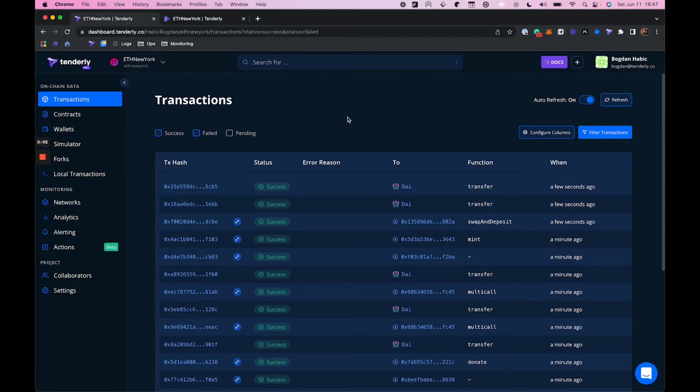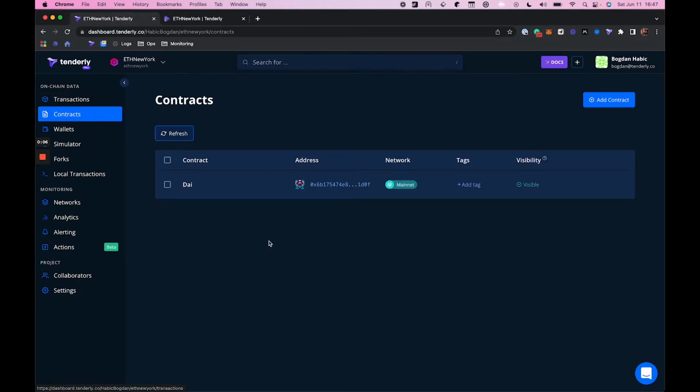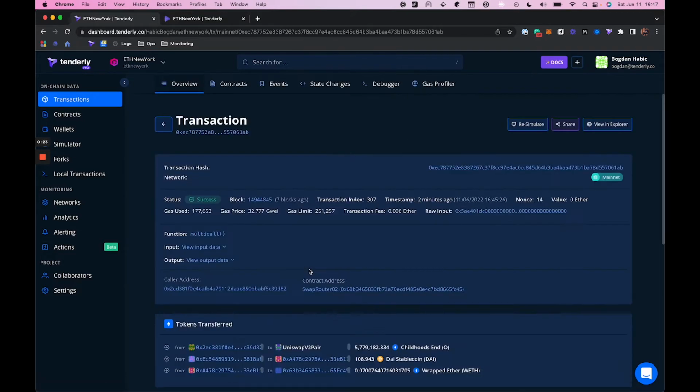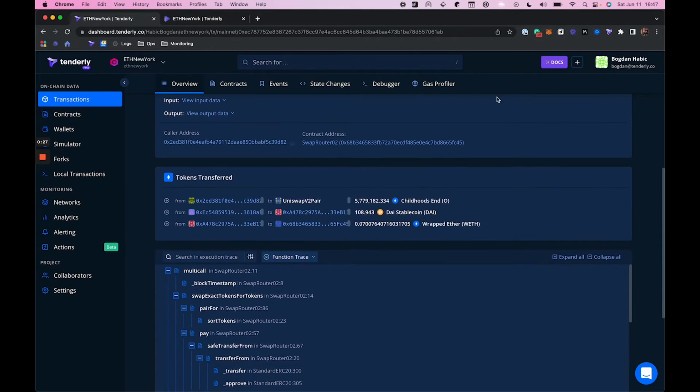Okay, so here I'm inside of the Tenderly dashboard. Just to show you things, I've added the DAI smart contract into my project so we can play around with it a bit. When you come to the transaction screen, you're greeted with the list of all of the transactions toward this contract. Now, this isn't relevant for the bounty itself, but I'm going to use on-chain transactions to show you how the simulator works. Generally, what Tenderly gives you when you open up a transaction is basic transaction information, tokens transferred, and everything else around that.